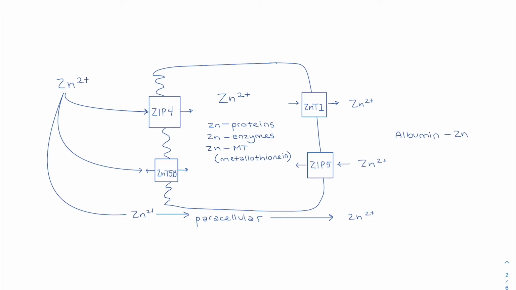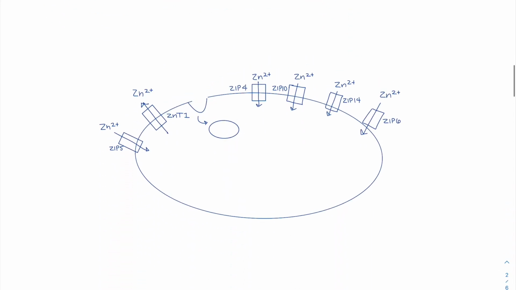Once it gets in the body, how is it transported? Copper and zinc are bound to albumin, like I mentioned before, once they're in the blood, and then they're transported to the liver. After reaching the liver, zinc is repackaged and released into circulation and bound to alpha-2 macroglobulin. With distribution, about 75% of zinc is bound to albumin, 40% is bound to alpha-2 macroglobulin, and 3% is our low molecular weight